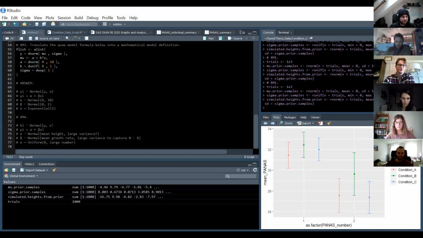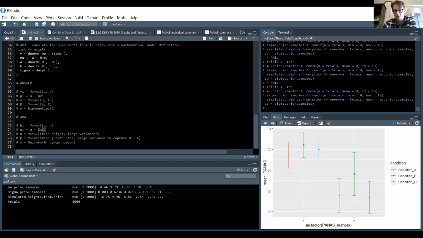So the first 2 lines, I think, were the simplest to write down. So we have a height, and it's normally distributed about a mean, and it has a standard deviation. That mean is what we're fitting into a linear model. Right now, I just wrote this. Where it got a bit tricky for me, and